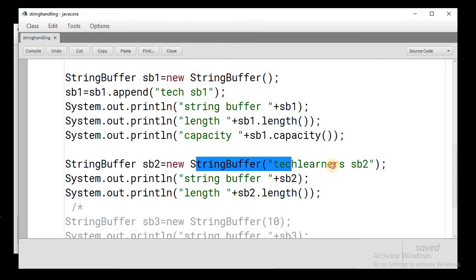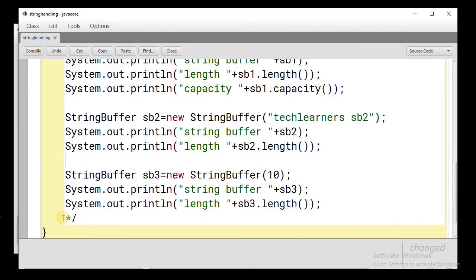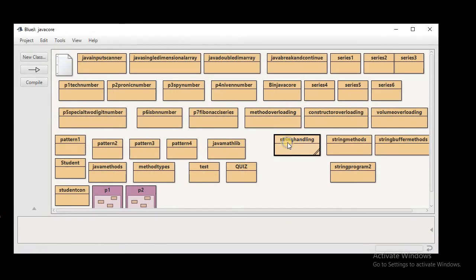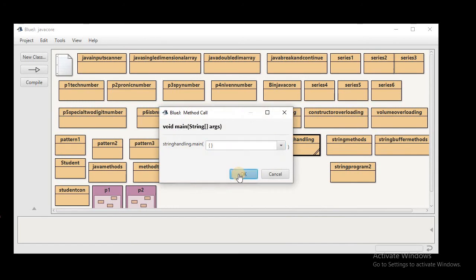We can use the parameterized constructor, and in the last method we can use again a parameterized constructor with an integer value that specifies the capacity of this string buffer.